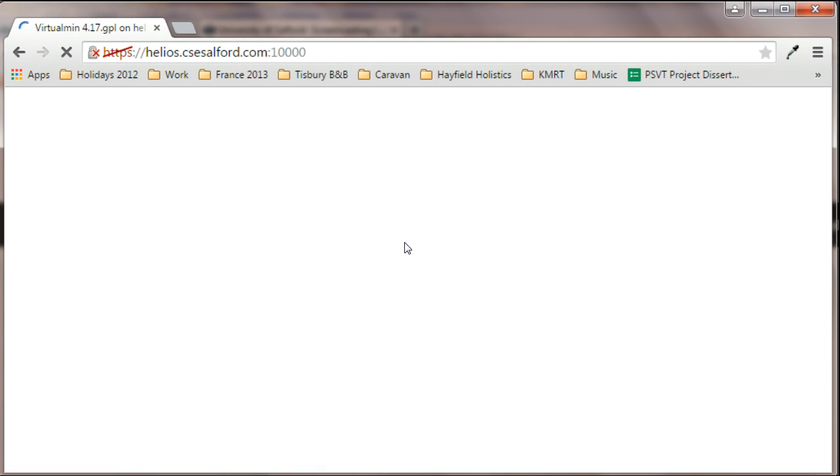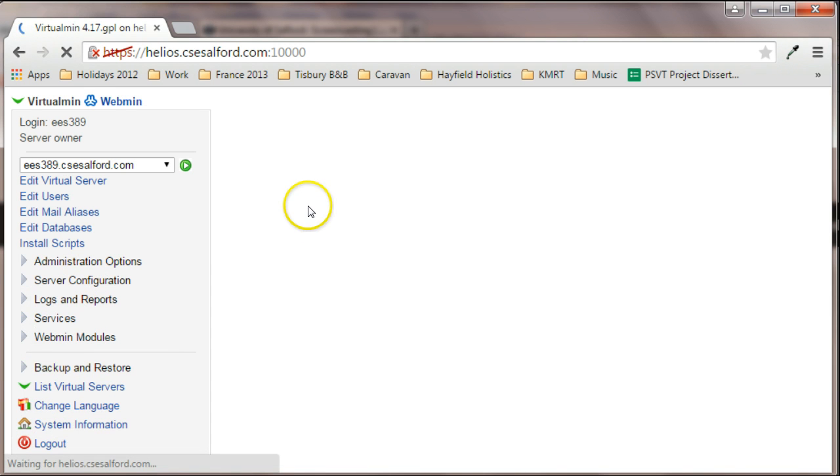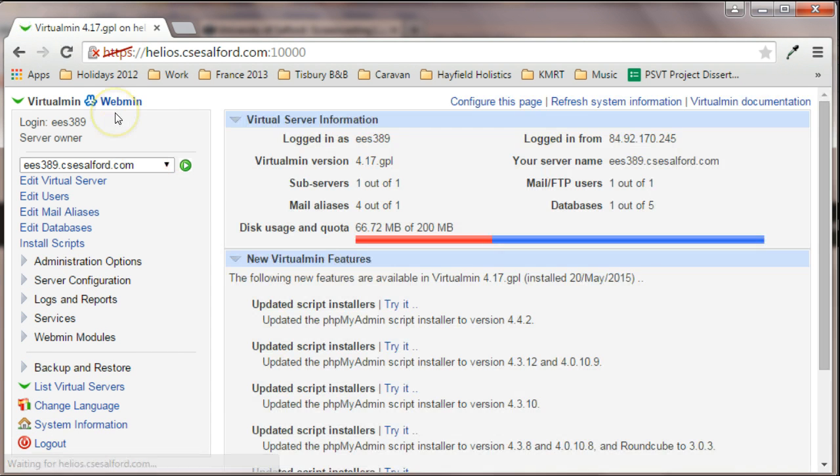So when I click on login now, we can see that there's a variety of options available to us. So most of this stuff we can ignore. We've not needed it up to now. So you can see that we've got usage of our 200 meg disk space and that kind of thing. So the key thing that I need to do is go to edit databases here,